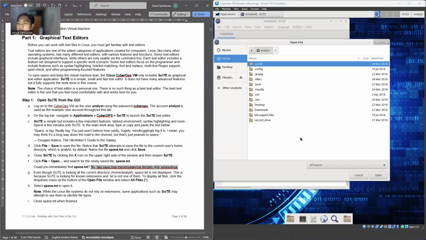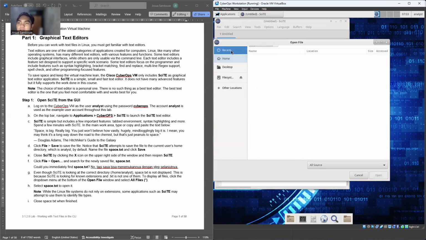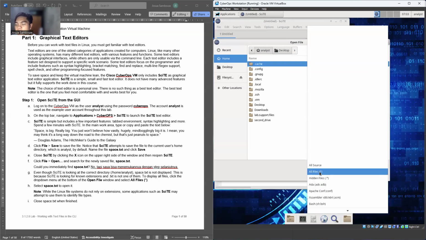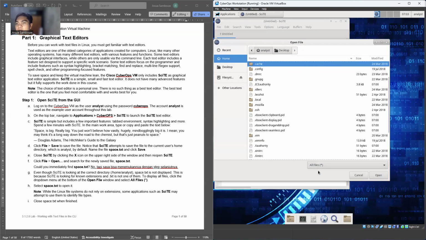Right. Kalau kita lihat di sini, yang muncul adalah all source. Walaupun ini kita sudah benar, home, atau kita cari pun di recent, tidak ada, di desktop pun tidak ada. But in next step was describe that we have to change all source into all files.